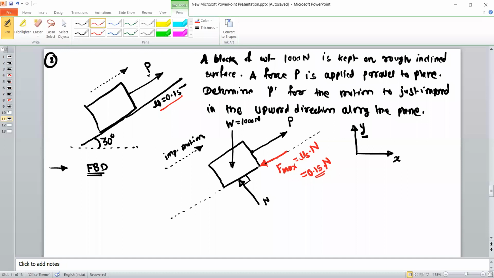So when you solve this problem by using conditions of equilibrium, we can assume x and y axis like this, or we can assume this inclined plane as the x-axis. So I will draw here. This inclined plane is nothing but the x-axis, and this will be the y-axis. By any method, that is by using this x and y axis or this x and y axis, you can resolve the forces. First we will try to resolve the forces by referring to this axis. X axis is along the plane and y axis is perpendicular to the plane.